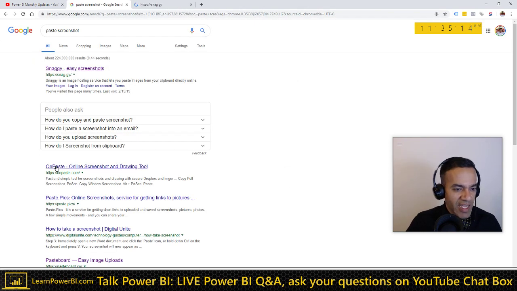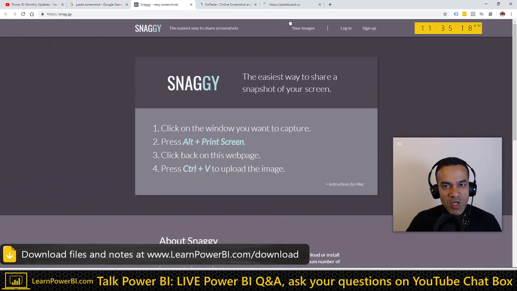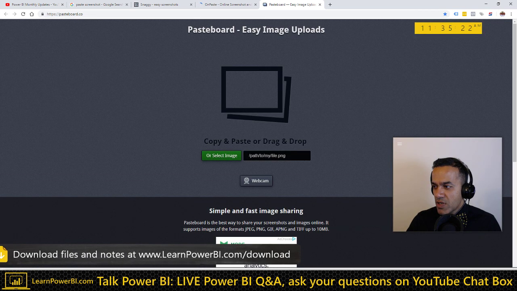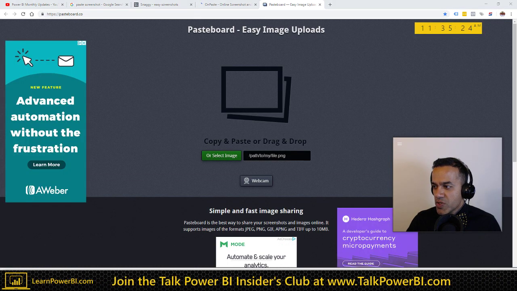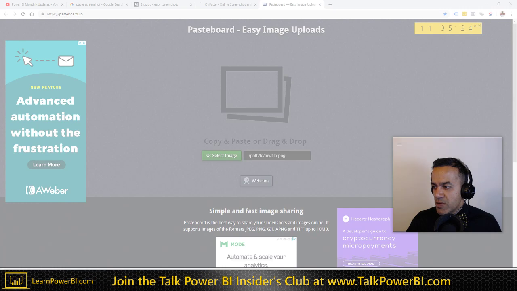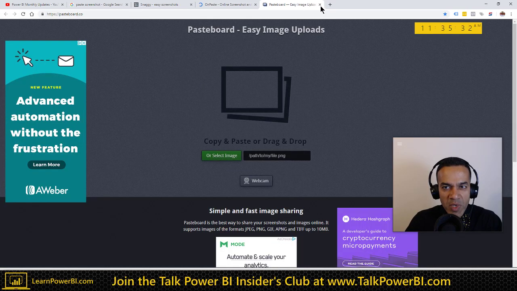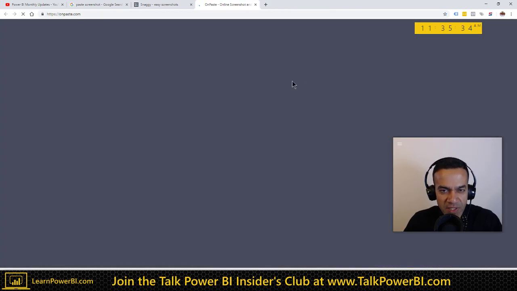There's Snaggy, there's OnPaste, there's Pasteboard, and all of these places you can just go in. I like Pasteboard because you can just Control C, Control V. I just come in here and hit Control V on my keyboard, and it does that, and you can hit upload. So show me maybe exactly the filters, the settings, the matrix.